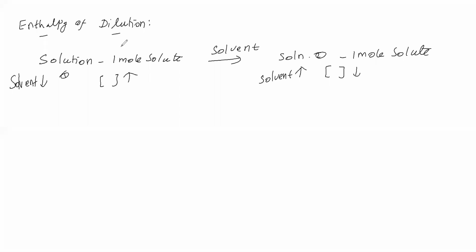Now, in this dilution, what is the net amount of heat involved? That is called the enthalpy of dilution. So remember that for enthalpy of dilution you have to keep the solute constant. You must take 1 mole of solute. You can take whatever quantity of solution you want, but that quantity of solution contains 1 mole of solute. So we need 1 mole of solute, and for that, however much solution we need, that much solution you have to take. Okay, sir. Now we will take an example for this one.